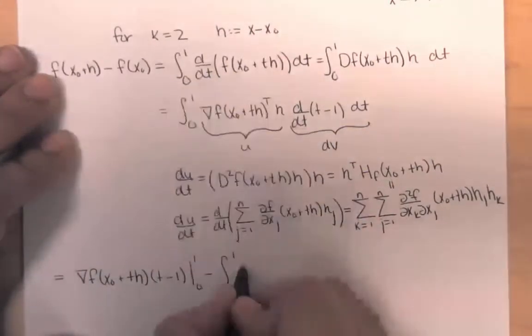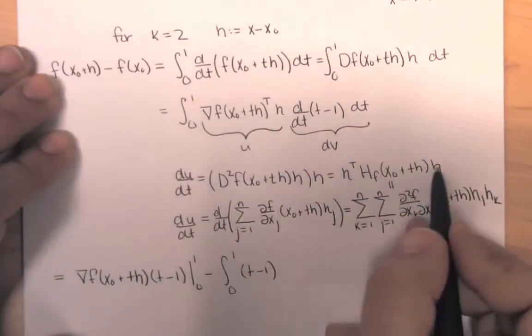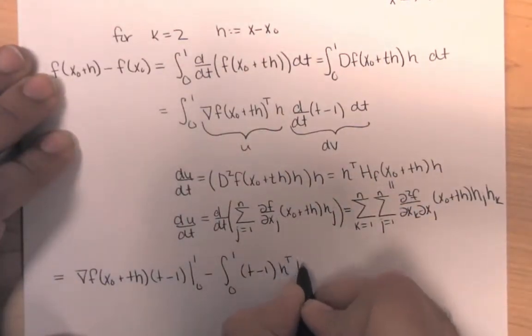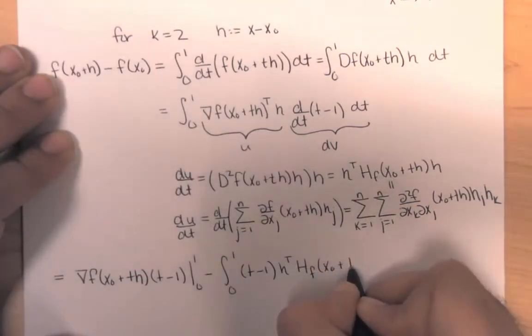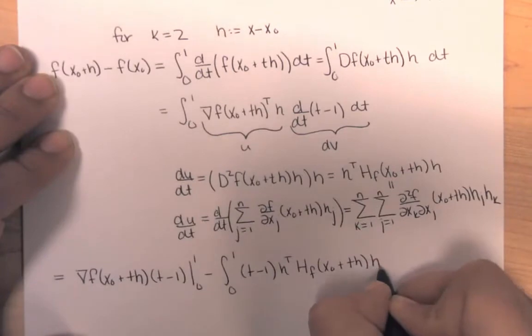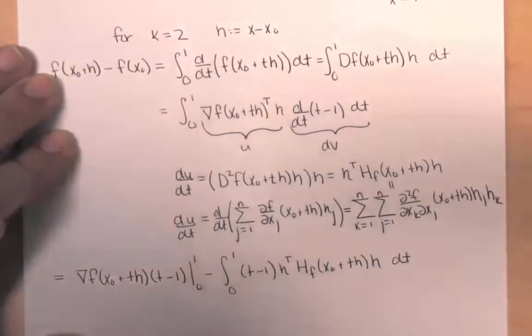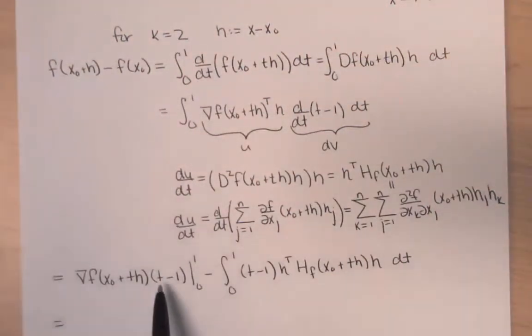So v is t minus 1 and du is this term here, h transpose times the Hessian at x naught plus th times h dt. And that's equal to, well, at 1, this is equal to the gradient of f at x naught times